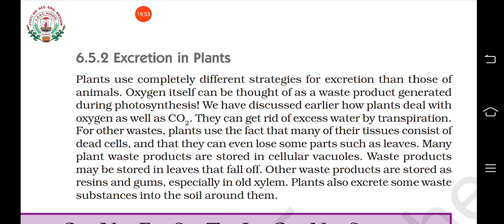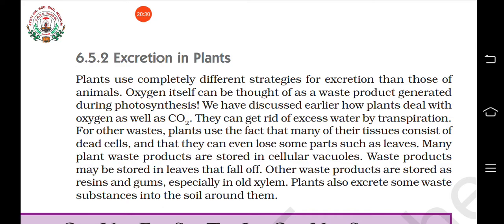So all these waste materials they store in old xylem, and this we can get. Have you heard about Asafoetida, Hing? All these are actually waste products of plants. They are not useful to them. In some way it is useful: they help prevent animals from attacking them, but still no metabolic use is there for them. So that is useful for us as various products of plants. Understood? So they store them as resins, gums, etc.